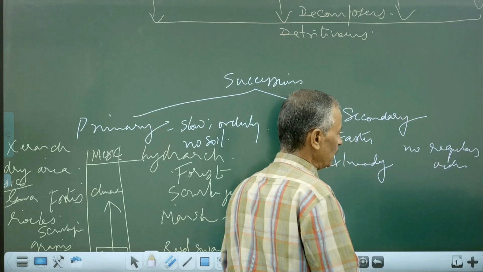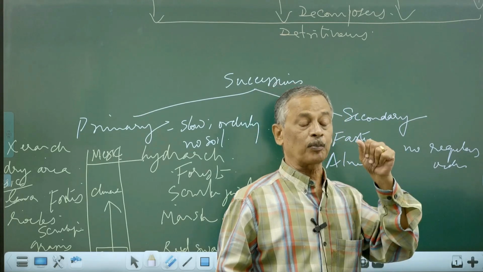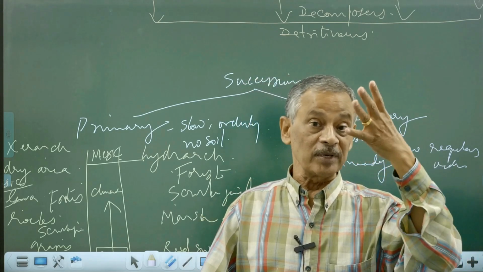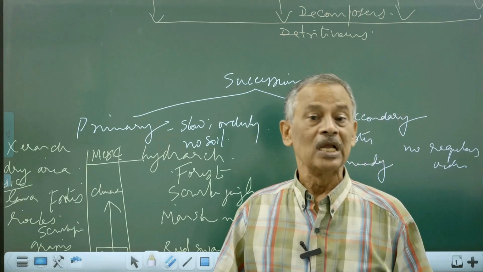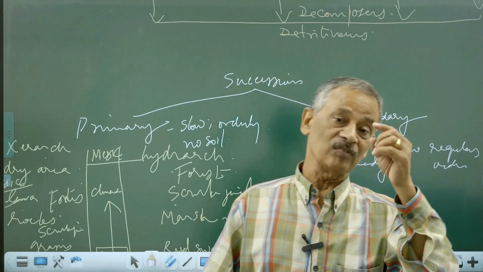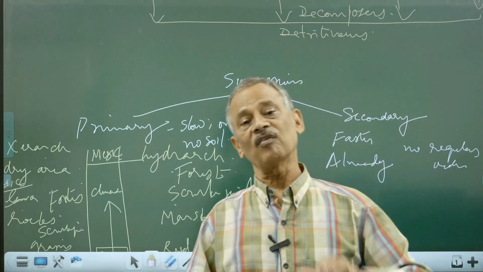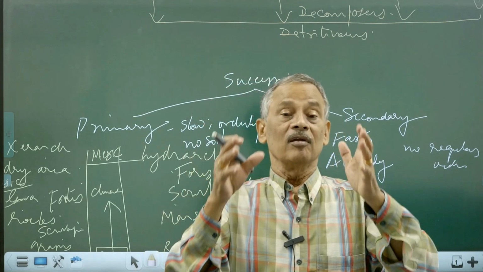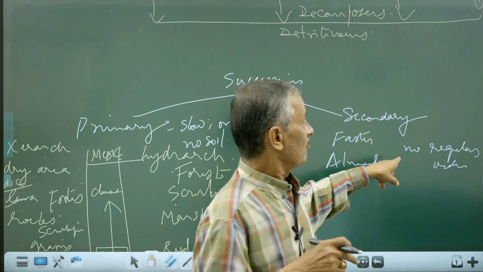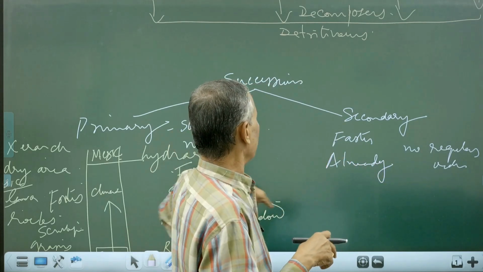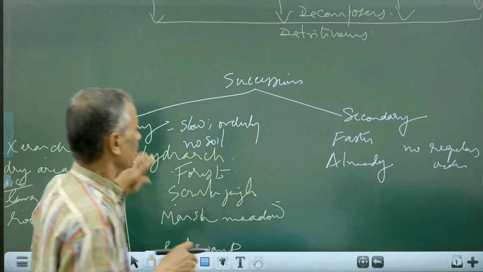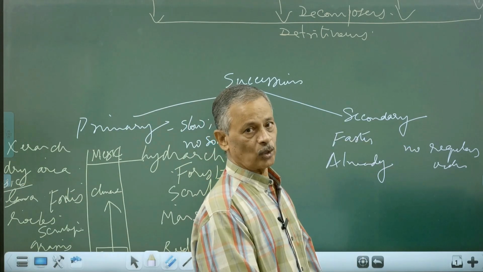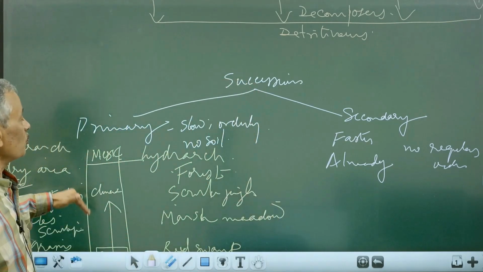Why? Because in that soil, you will be having some propagules, that is spores, seeds, which will be germinating when the conditions become favorable. What type of soil is there? What is the environment? How much water is available? So depending upon these factors, the community that is developing here will vary. It cannot be predicted as is in the case of primary. It is non-predictable. It depends upon a number of factors. Okay. Here in primary, it is predictable.